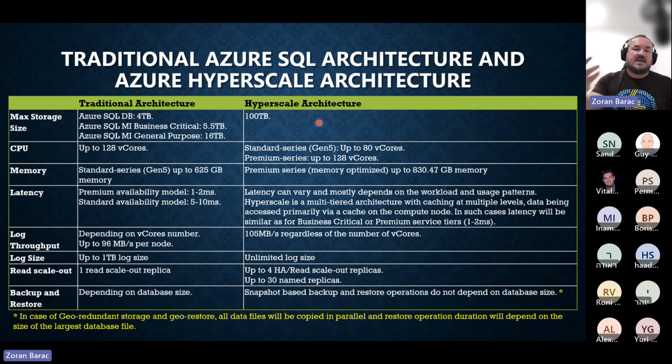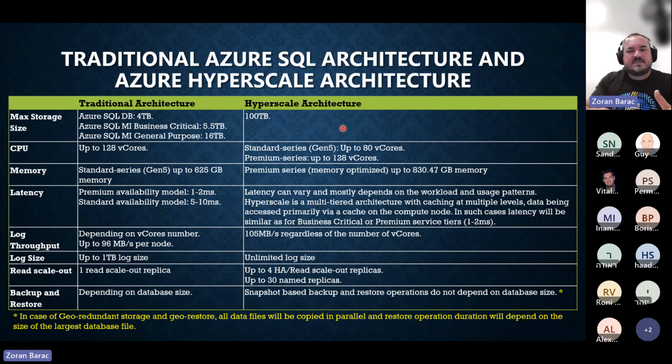I think after this slide we are going there and we're going to explain the primary compute node, secondary compute node replicas, log service, page server, and Azure Standard Storage. So this is the resource-wise view. Just to be clear, I'm not cheering for either of those two. I like the traditional one, because it always depends on your workload and what you need. You're not going to force Hyperscale just because it's a new architecture. You're going to go to Hyperscale if you need Hyperscale. I just want to give you some limitations.